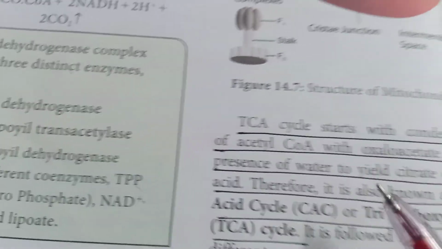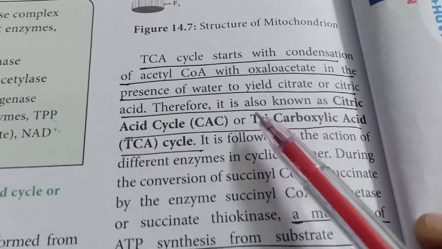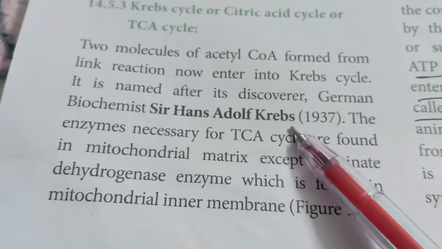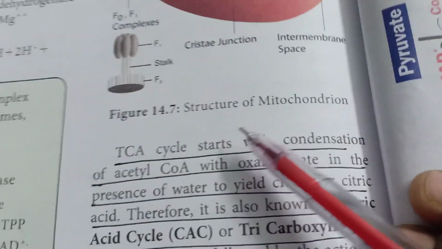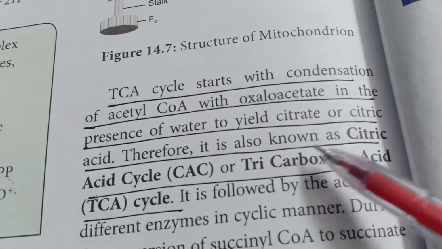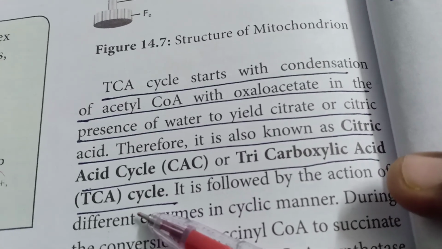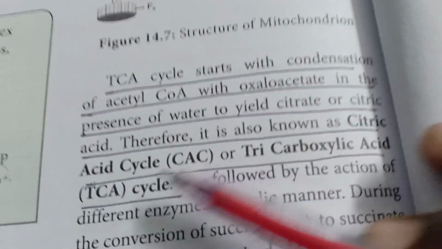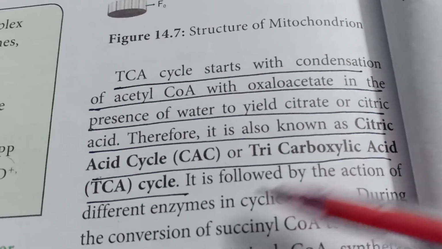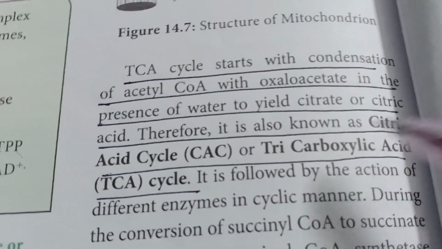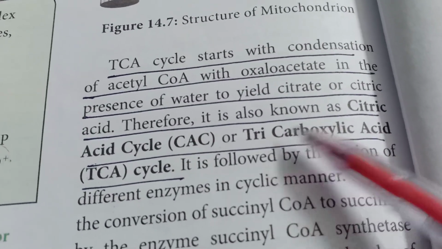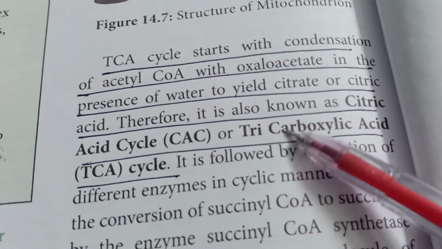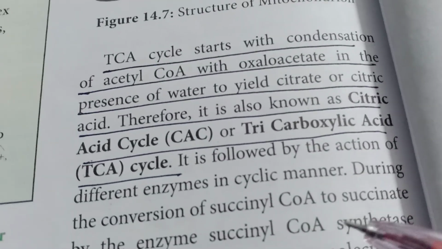This Krebs cycle was found out by the scientist called Krebs. His name was Sir Hans Adolf Krebs. Therefore, it is called the Krebs cycle, and it is also known as the TCA cycle. What is this TCA? It is nothing but the tricarboxylic acid cycle. Okay, or the CAC cycle, citric acid cycle. When we start discussing the cycle, you will understand why it is called so. TCA means tricarboxylic acid, because you get 3 carboxylic acids immediately as we start the cycle.